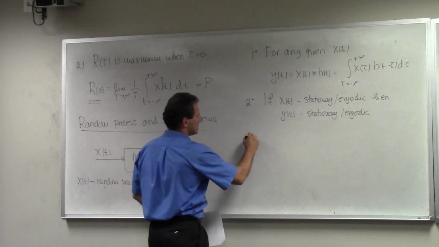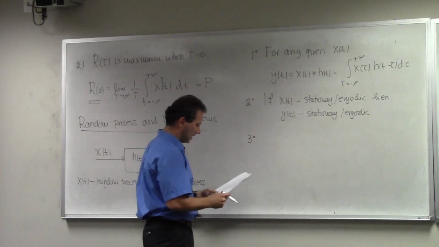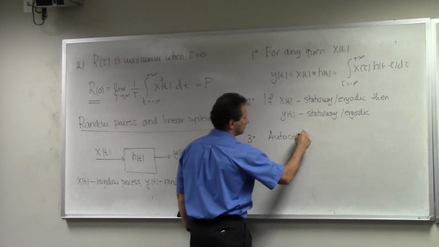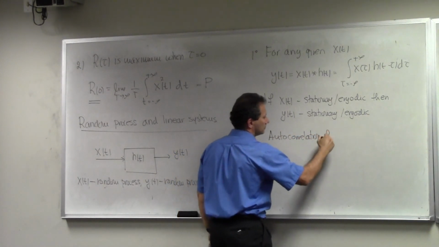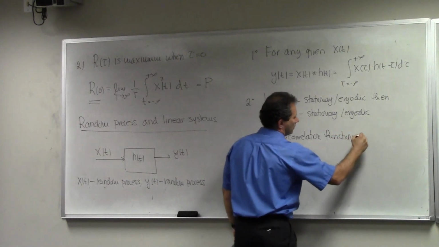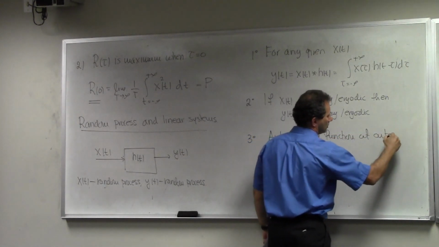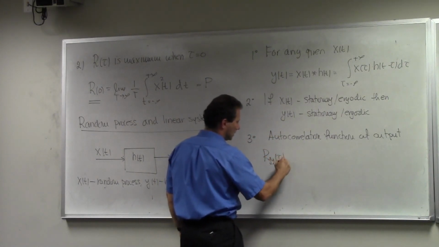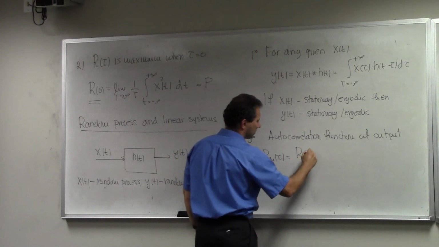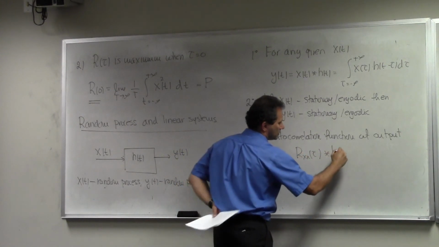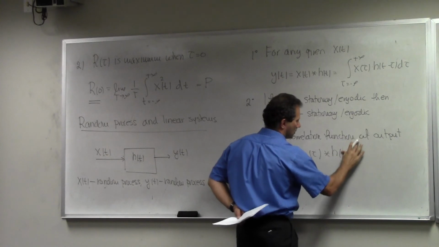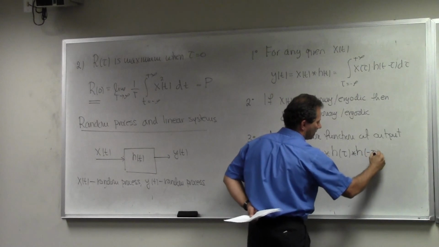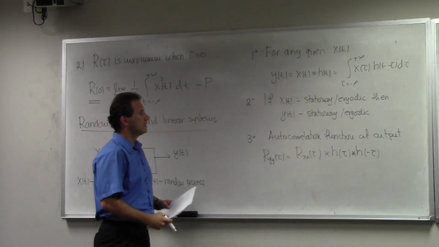But the third one is the most important one. And this is autocorrelation function of output, which is R_YY of tau, is going to be R_XX of tau convolved with h of tau convolved with h of minus tau. Okay, so what is the